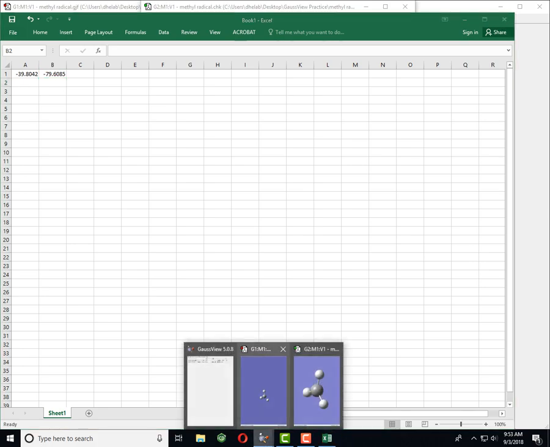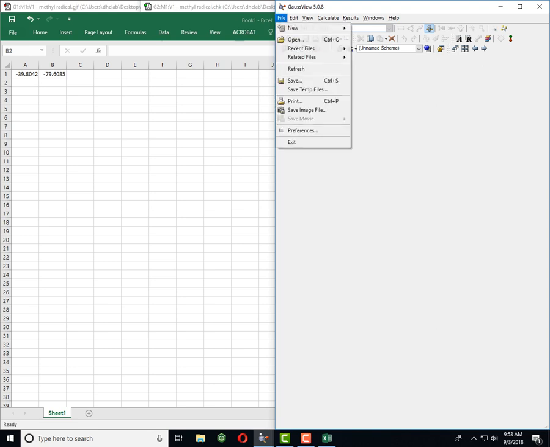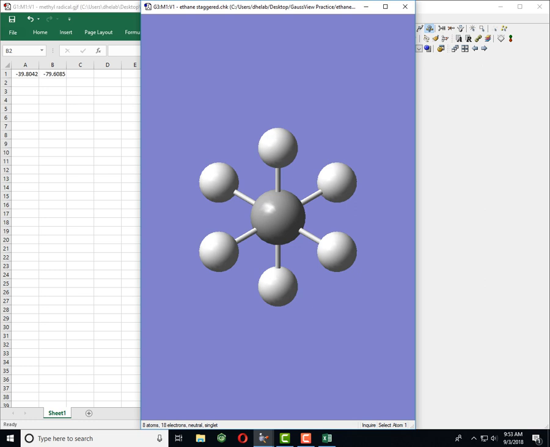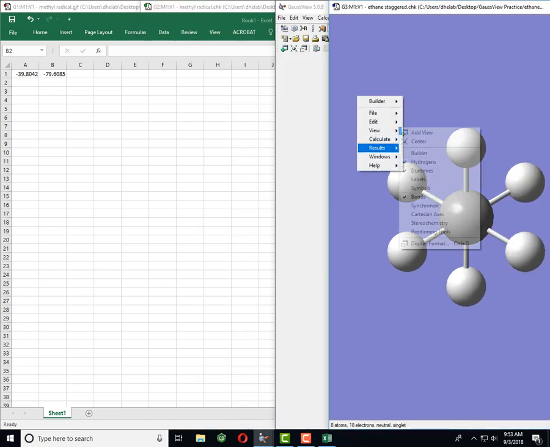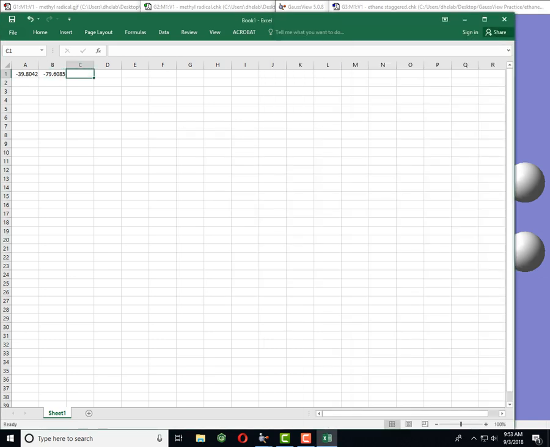And then if we come back to GaussView, let's open our recent files. There's our ethane staggered checkpoint file. So we can take that, and then we can get the energy of that. So our summary, and then here's our energy right here. Stick that in our Excel spreadsheet, and now we just need to find the difference between those